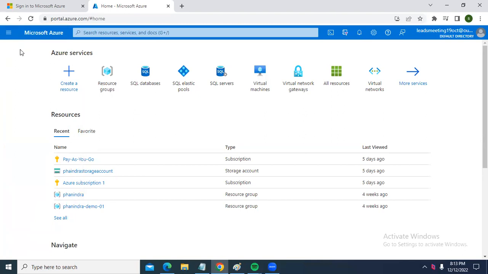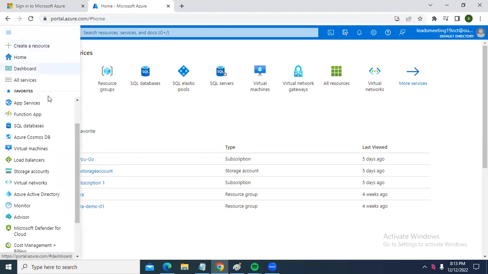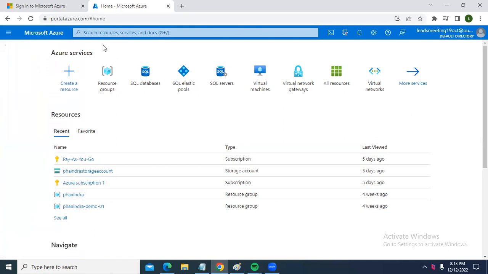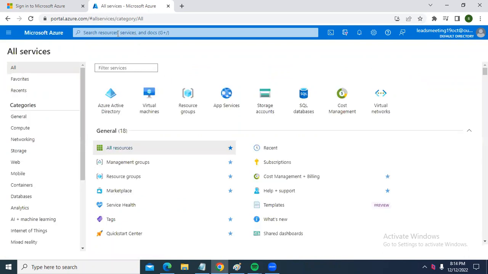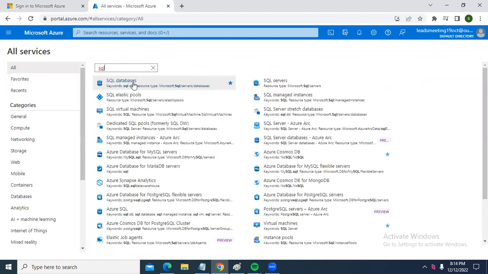So the first way of selecting a resource is by using favorites, because this is our favorites. Okay, so these are all the frequently used services. This is one place, and another place of selecting a service is like that. Here from favorites, you can select all services. Are you seeing all services? If suppose I want to create a SQL database. Okay, so you just in the search, look for SQL database. Are you seeing SQL database here? Just click on this,